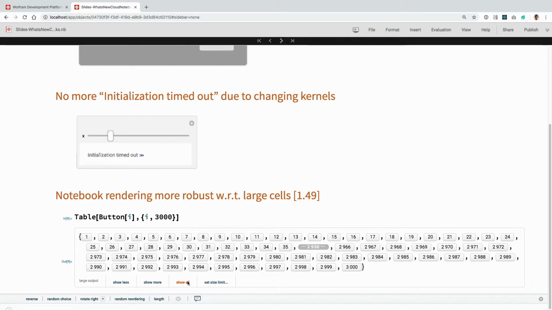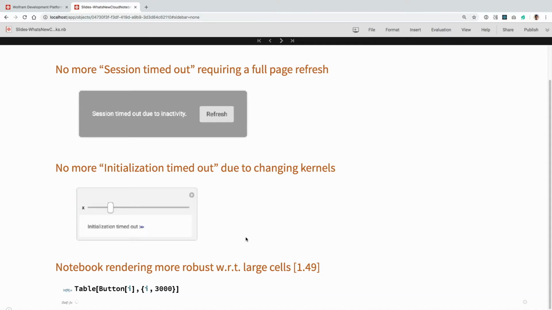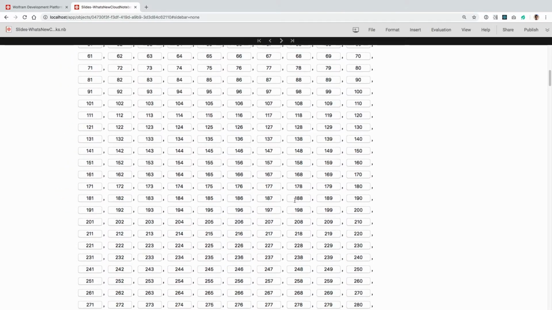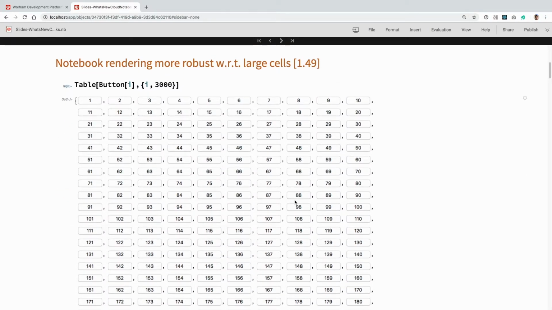But once I press show all here to basically render 3,000 buttons, it's going to give up on trying to render that interactively and just render an image instead, which is generated on the server where we have a bit more power, and then rendering an image is easy on the browser. So it won't kill your browser tab and so on. So the nice thing is that you can still see the buttons, but unfortunately you won't be able to interact with them